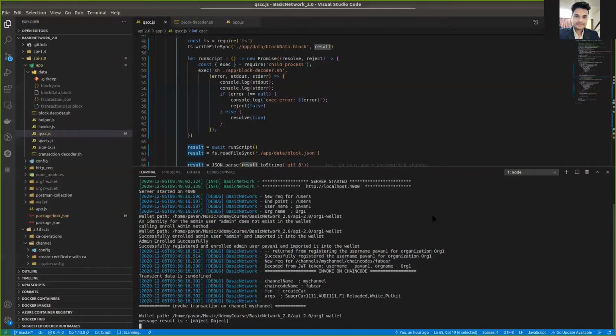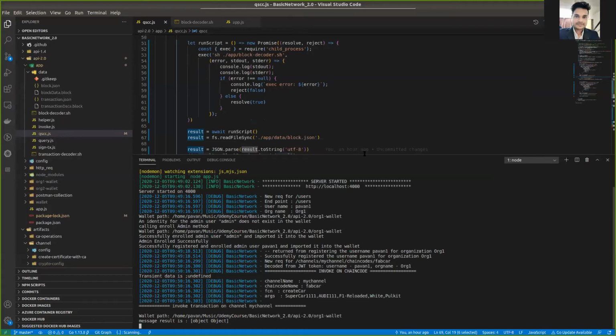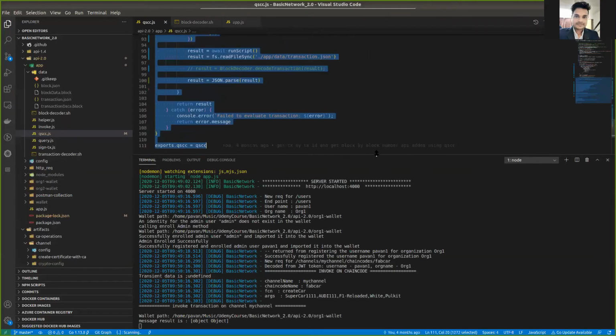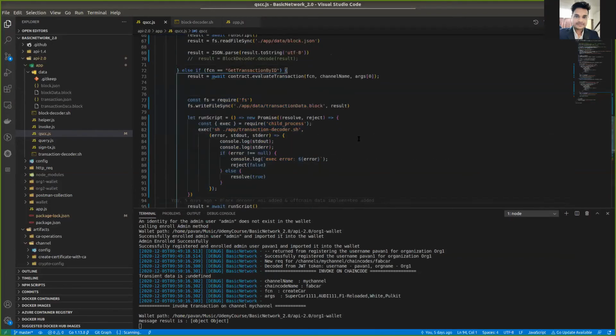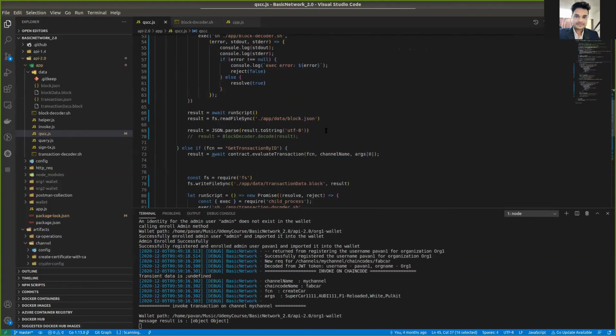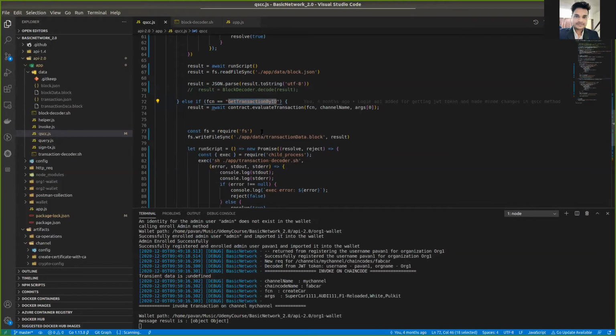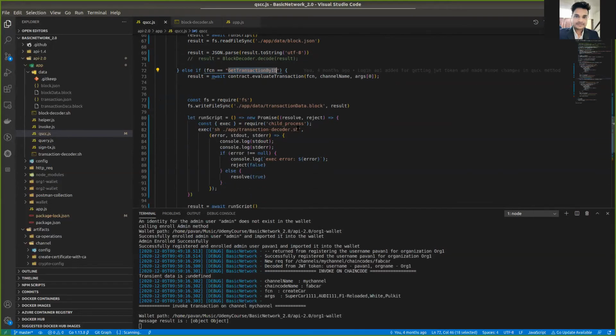Okay, so the next step would be invoking transactions like getting the block by block number or getting the transaction by transaction ID. At the initial stage, we checked get block by block number, and later we will be doing get transaction by transaction ID as well. But here as well we have done exactly the same thing.